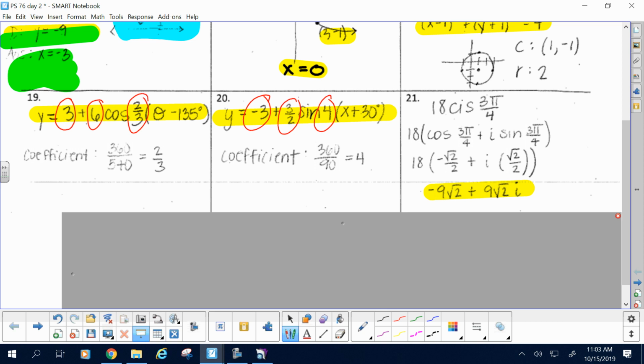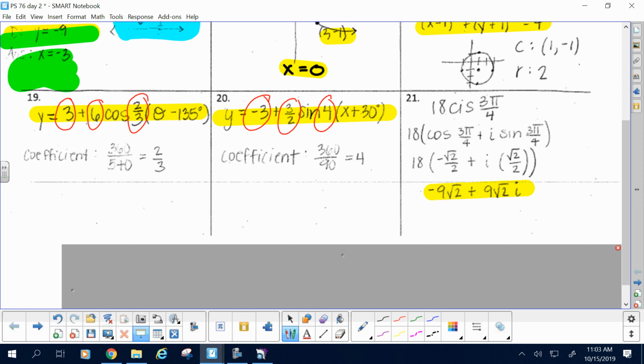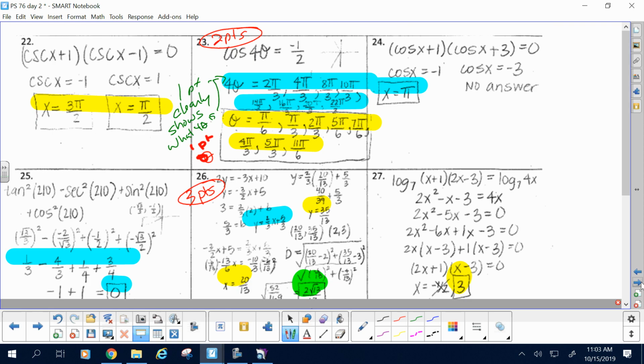Okay. 21 is -9 over root 2 plus 9 over root 2 i. So for 22, it's just the solutions you see, 3 pi over 2 and pi over 2. For 21,